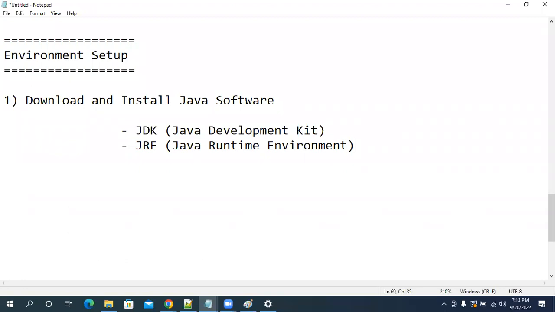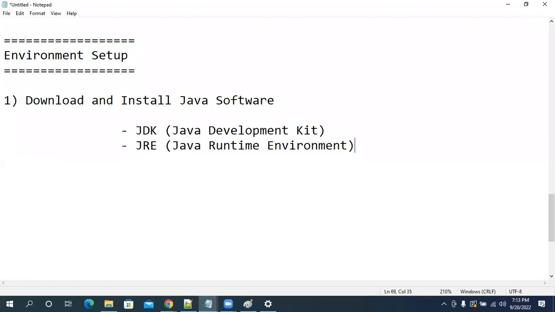Are you guys clear with this one? As a developer, we are going to use this Java development kit. By that means it is simple. You might have seen a cricket kit. What is the meaning of cricket kit? Bat, ball, socks, guards, like that. Some set will be available. Using that, you can play the match. Yes or no? Similarly, here Java development kit is there.